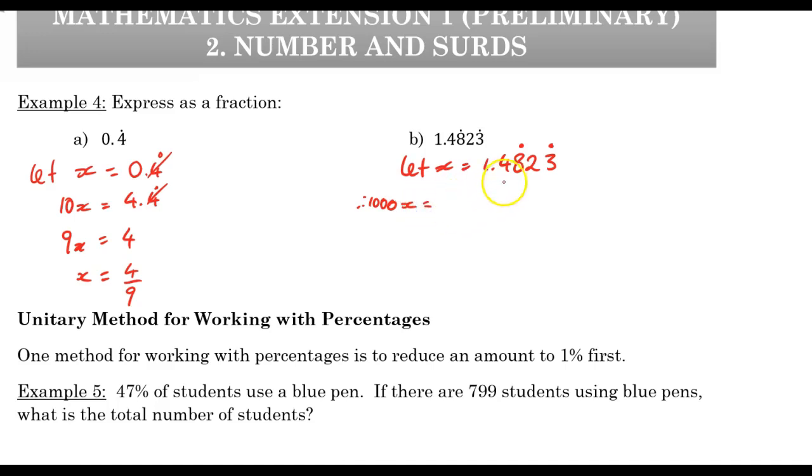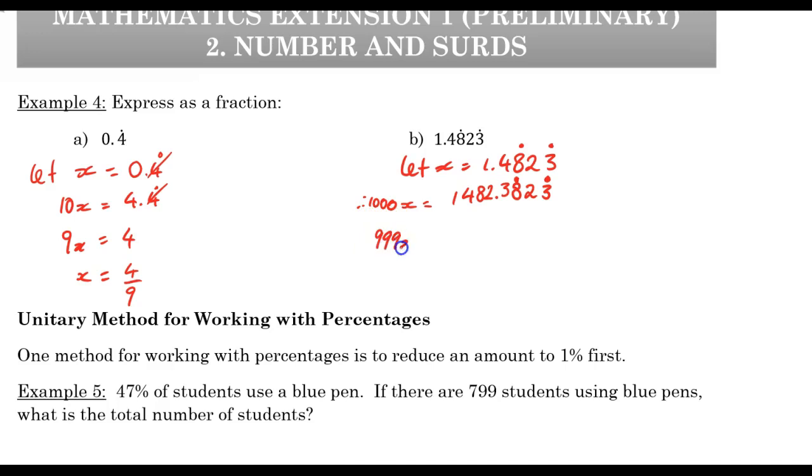This is going to be 1,482.3823 recurring. Now, I could have left that 3 off the end and put the dot above the 3 here and the 2 there. However, I wanted to line those up carefully so we can see